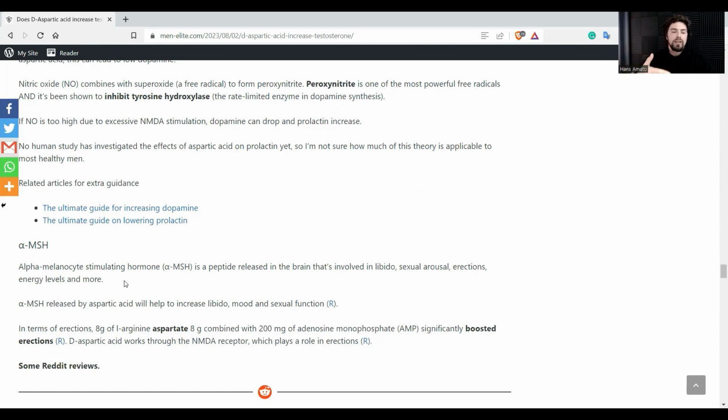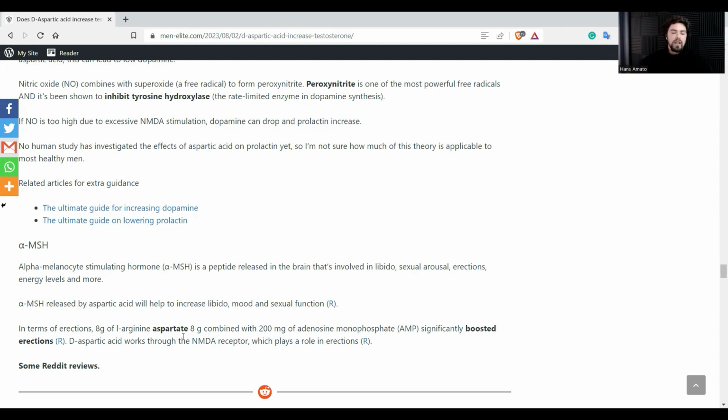So alpha melanocyte is basically the natural agonist to the melanocortin system. So basically, alpha MSH increased by aspartic acid will help to increase libido, mood, and sexual function. It should, right? So in terms of erections, 8 grams of L-arginine aspartate, so it's not like aspartic acid specifically,